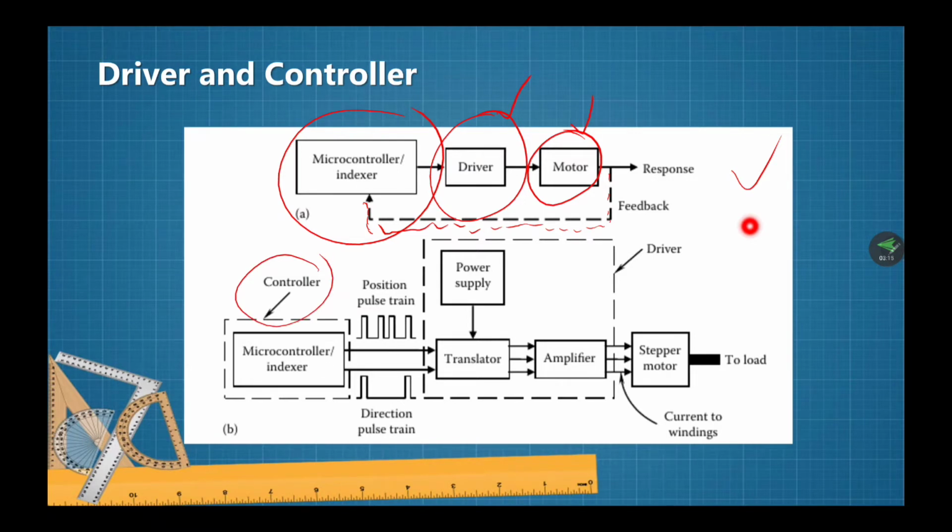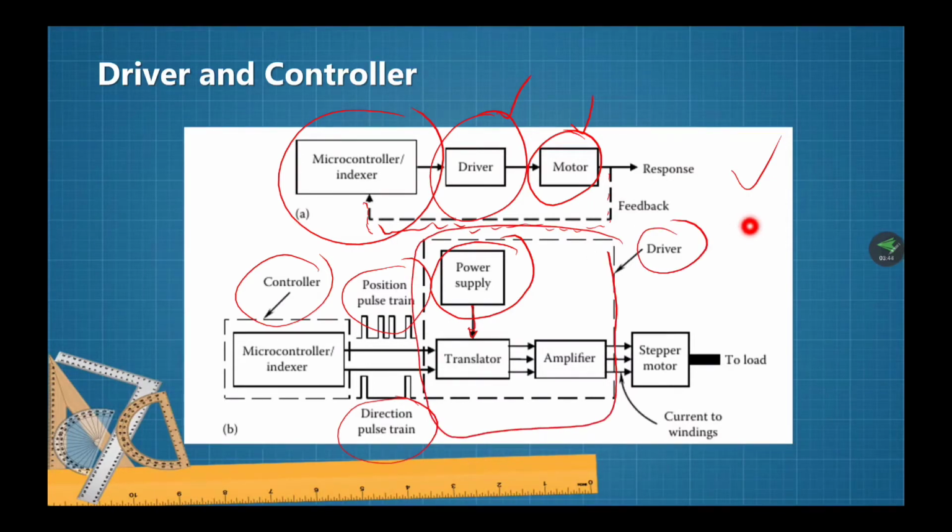The output is a position pulse train, and then there's a direction pulse train too, and we have a power supply in here that gives the input for the translator, and then the output of the translator is fed to the amplifier, and then this is the driver